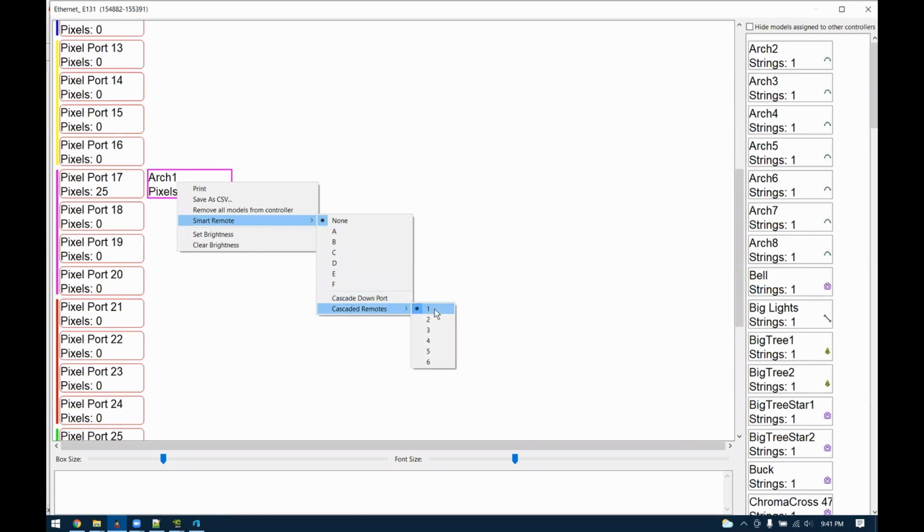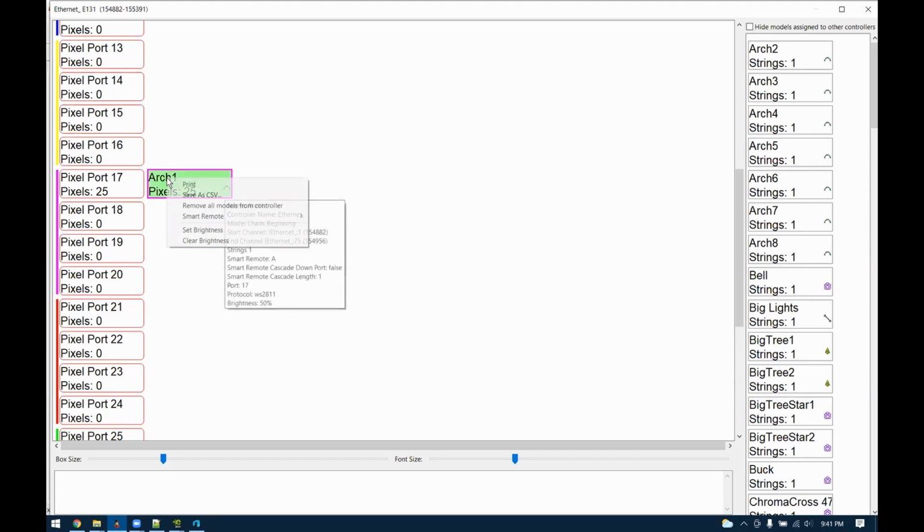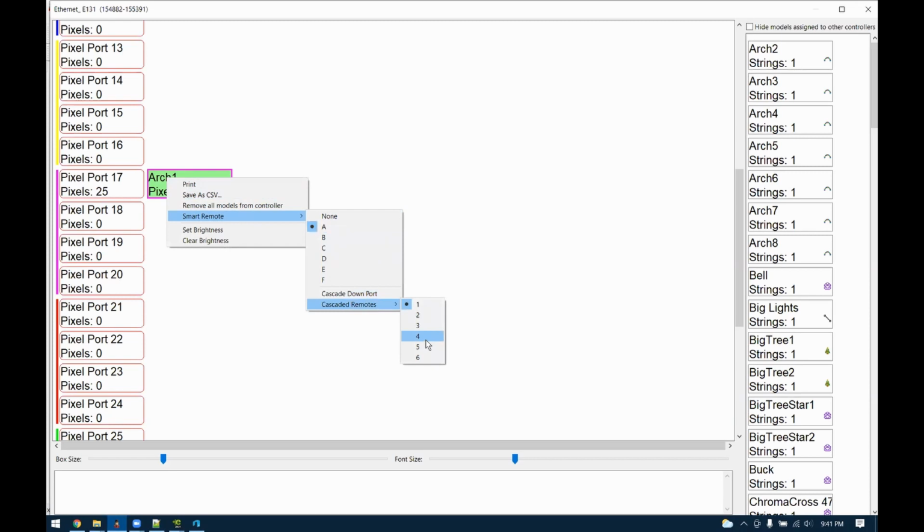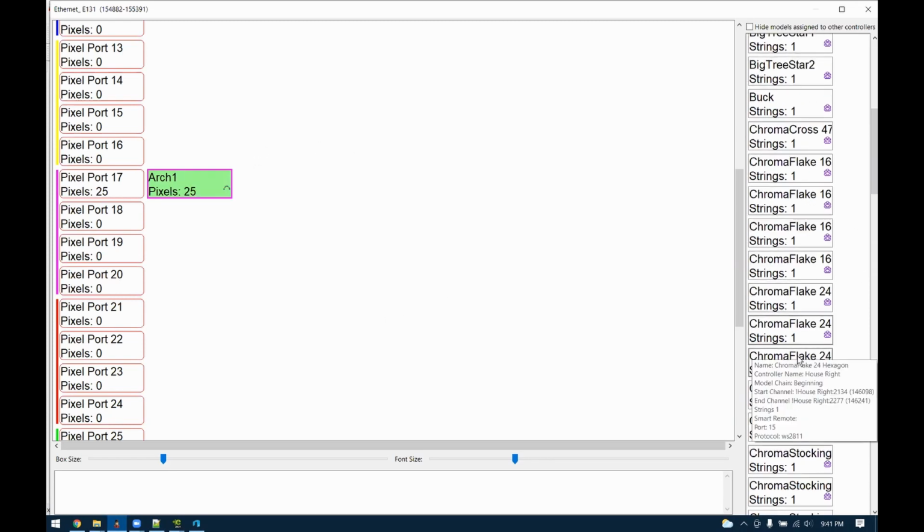There's also options for how many to cascade. Historically, you would say you wanted A, B, C. There were a couple different options. Now you'd say I want it to be on A. And then if you have a multi-string mega tree, you could say you want it to cascade down 4 remotes. So if I had